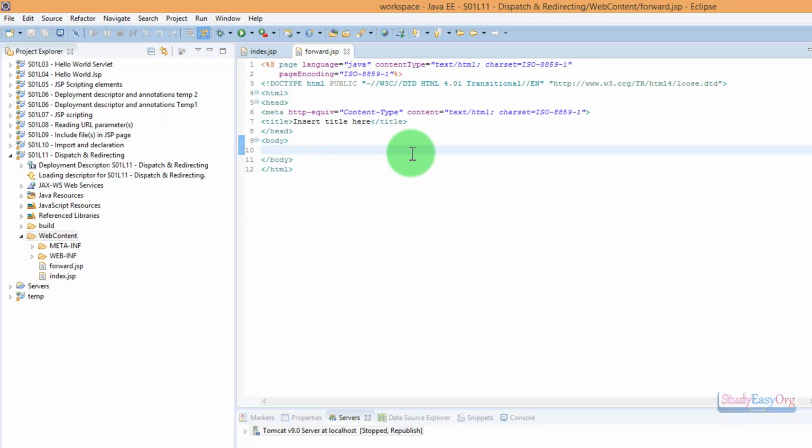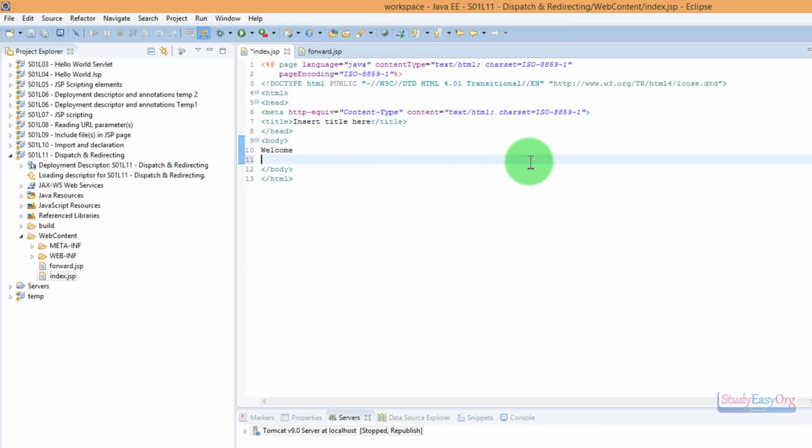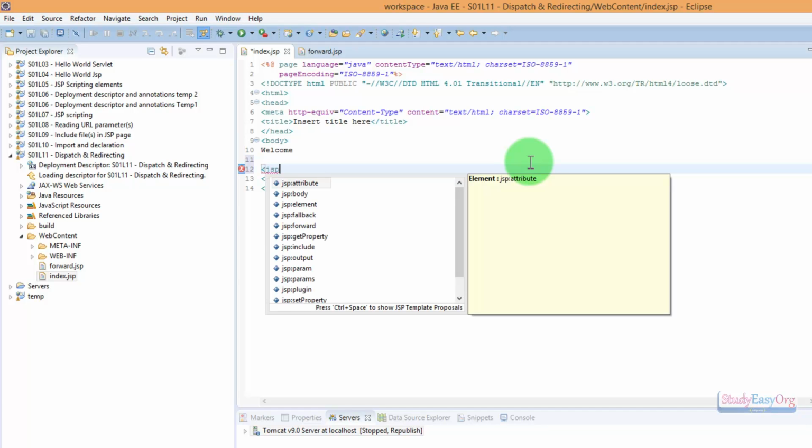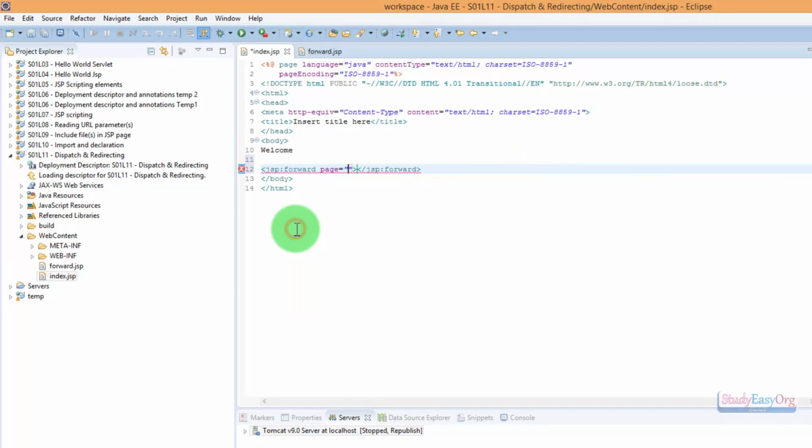In the forward.jsp we will type in request forwarded, and in this particular index page we would call JSP forward tag, and the way to do so is pretty simple. JSP forward tag, and the syntax is JSP forward page equals the name of the page as a string, and finally closing the JSP forward tag. And now if I provide the parameter as